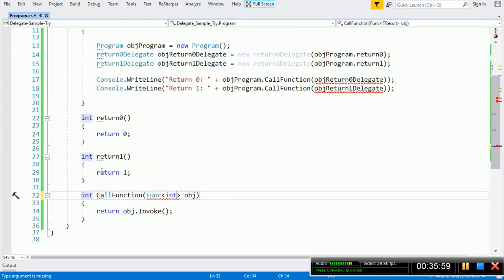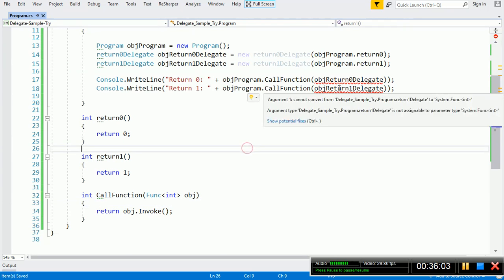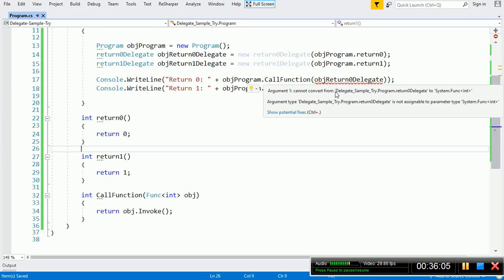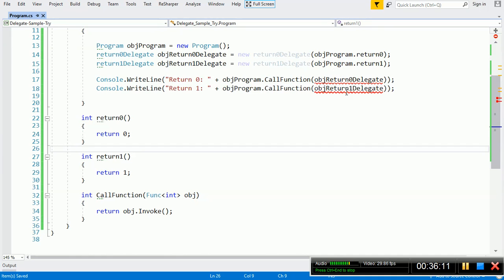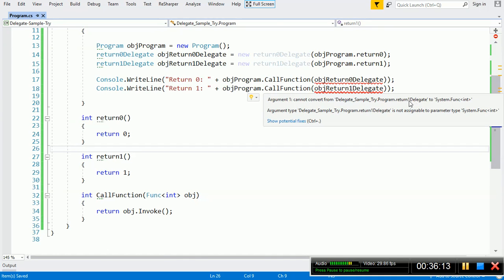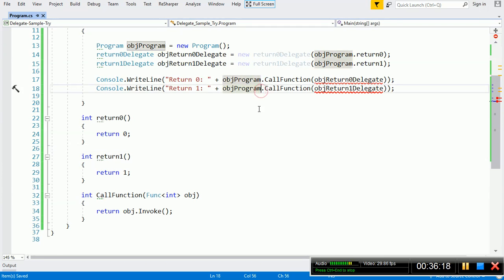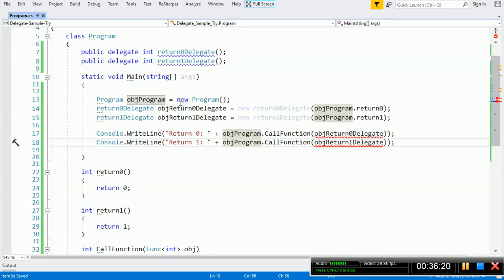These two functions return integer, so int. But right now these two lines are showing error. Cannot convert return 0 delegate to System.Func integer. This also shows the same error. Cannot convert this return 1 delegate to System.Func.